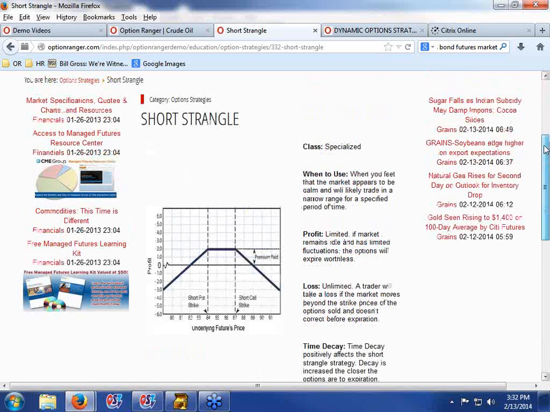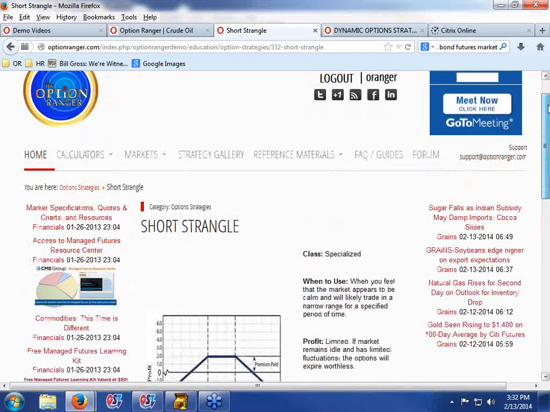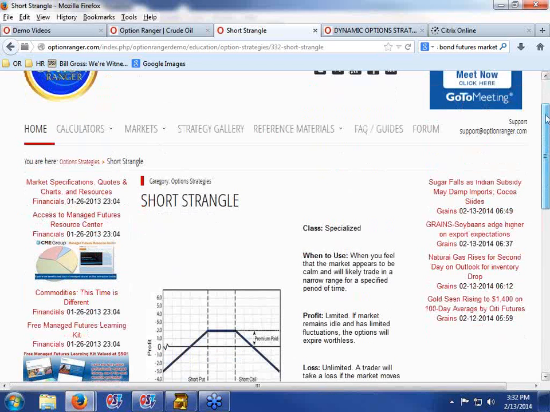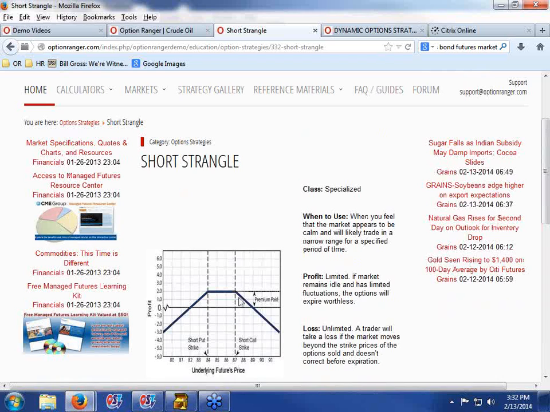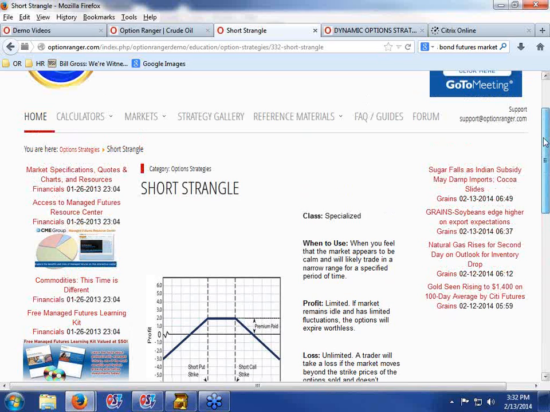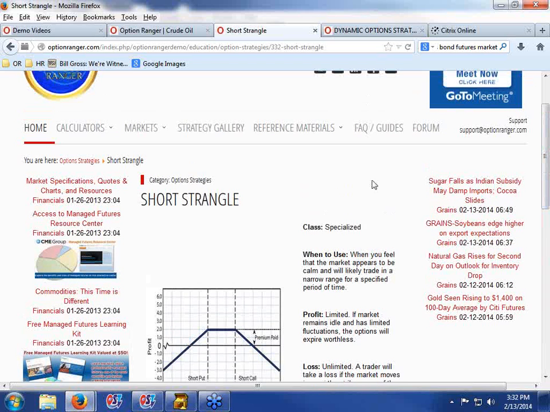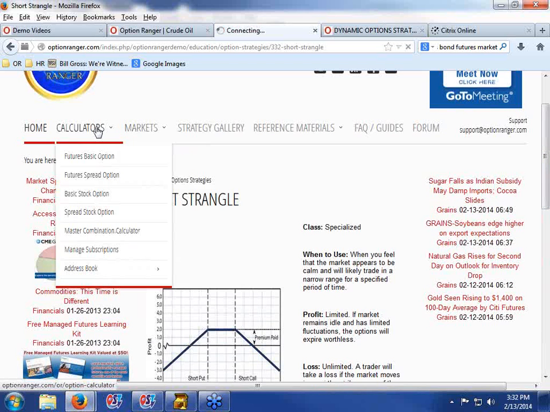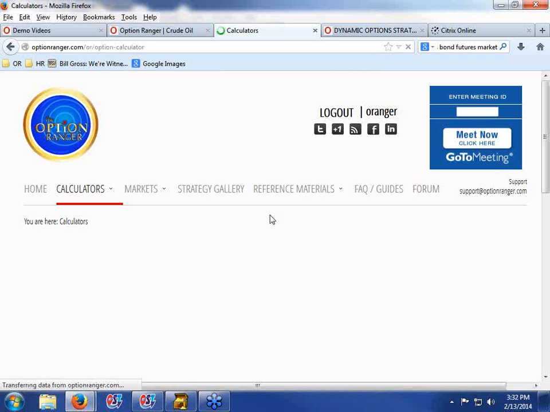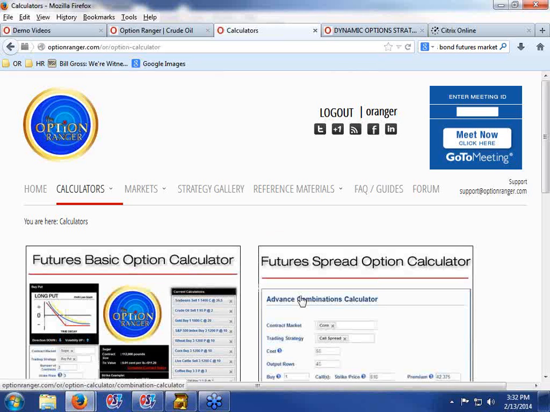If you are not a margin person, this is not a trade for you. On the other hand, there are ways of adapting this trade where instead of having a marginable short strangle, you can have a covered premium collection strategy. This will reduce your profit potential, but conversely will also reduce your risk level or the unlimited risk, and we'll get into that later. But today we're going to go straight into the